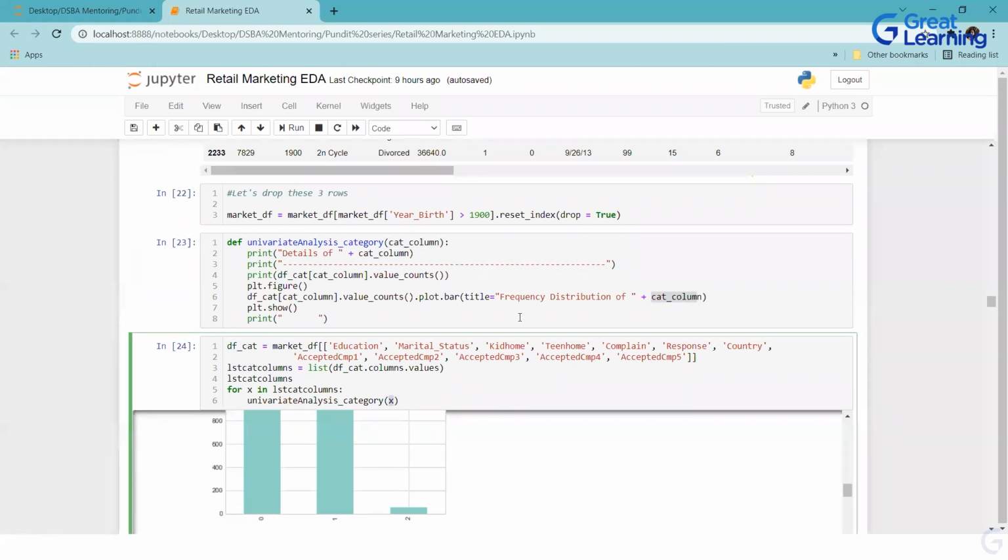Okay. Ma'am, there's always one confusion: whether to treat the year column as numeric or categorical. How would we decide? Okay. So first of all, guys, there is nothing as numeric or categorical. There's categorical or continuous. A numeric column can be categorical, and it can also be continuous. So the question should be, is it continuous or is it categorical?